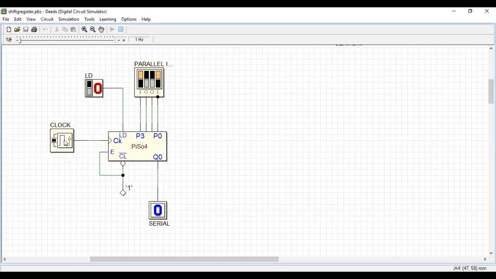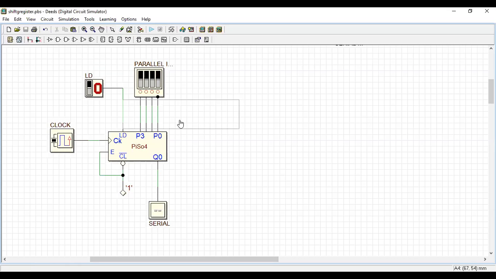Third clock, fourth clock. Got it? This fourth one has come here. I hope you are able to follow this. This is parallel input, serial output.